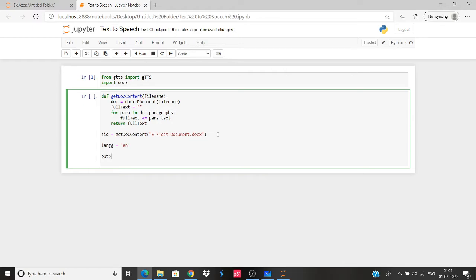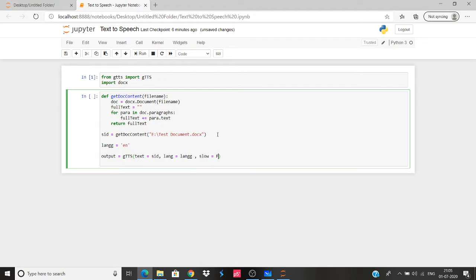Next we'll say okay, now we need the output out here. So we will go gTTS, and then we'll say text is equal to, and that is our text now. Then we will go with language will be lang out here, and then there's something known as slow.